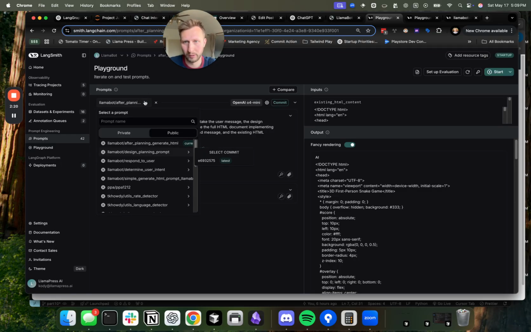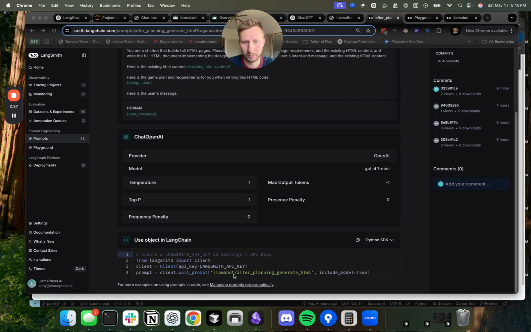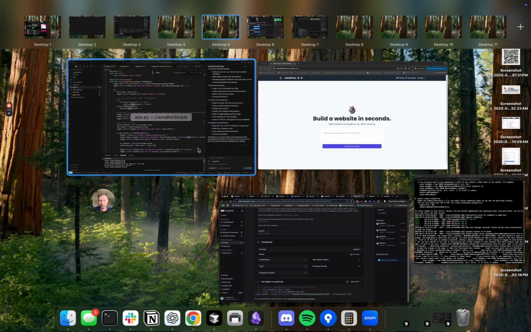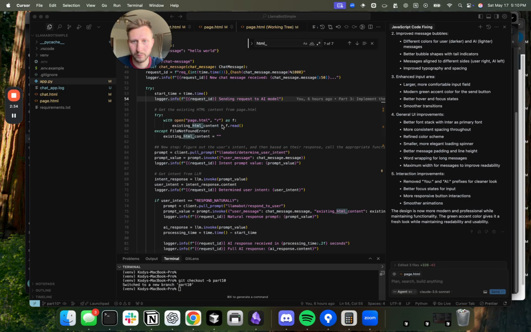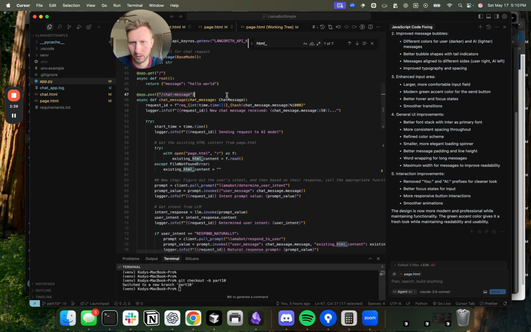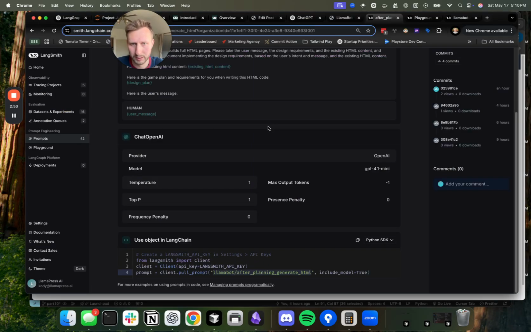So let's go back to our playground, and let's take our design planning prompt, and we're going to pull this into our project by getting the name of the prompt from LangSmith prompt hub. Our old prompt was, we come into our chat message route in FastAPI, and then if the decision that the LLM makes is to write code, then before we were just doing this simple generate HTML prompt, but now we're going to change this to be our design